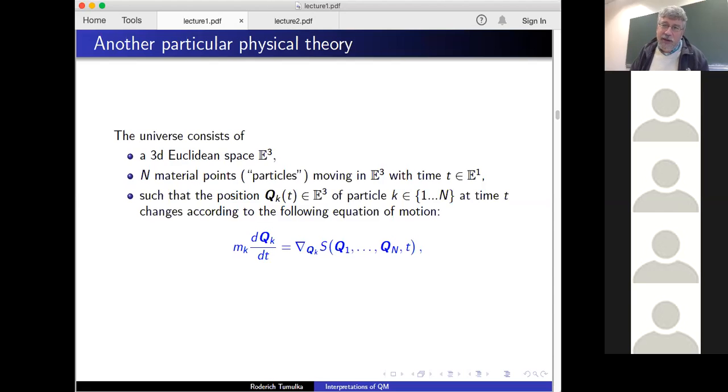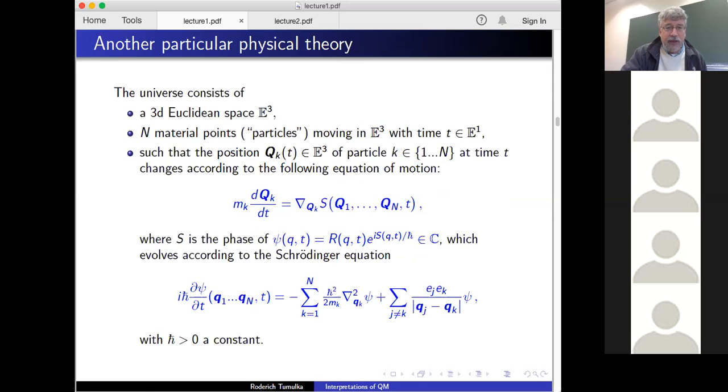First order in time means it specifies velocities rather than accelerations. Like the equation of motion of Newtonian mechanics, it's an ODE, an ordinary differential equation. You can specify initial conditions, and then you can solve this equation of motion. It depends, however, on some function S, and this function S is the phase of a